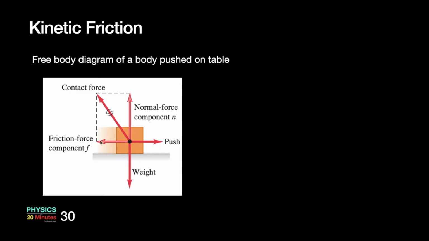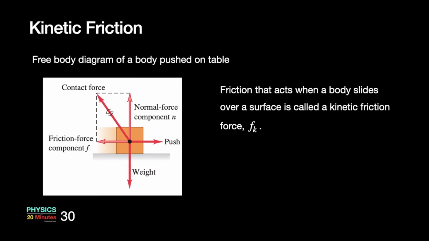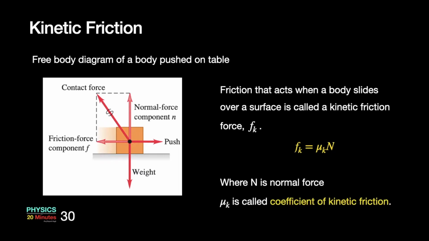So this force working towards the left, we have called it the force of kinetic friction, and it is normally given by mu k into N. Fk is equal to mu k into N. We use a suffix k to represent that fact. N is the normal reaction from the surface. Here mu k is called the coefficient of kinetic friction.